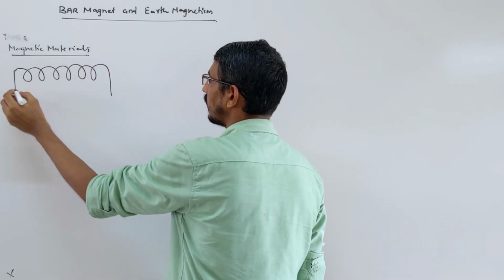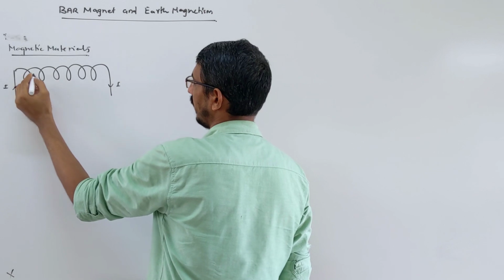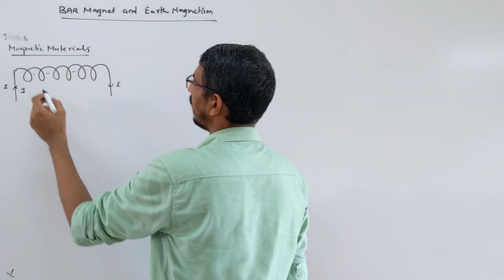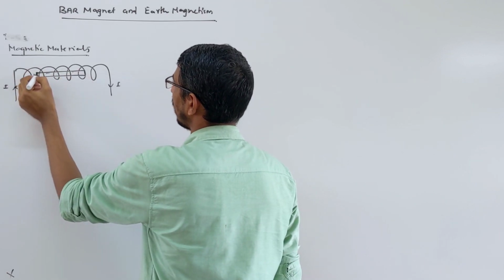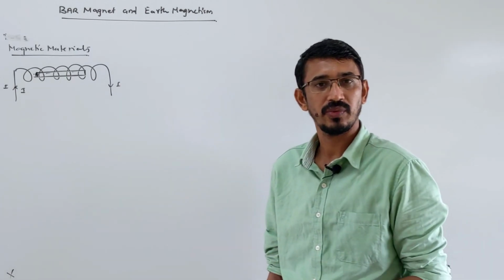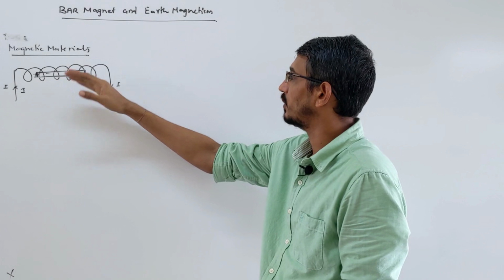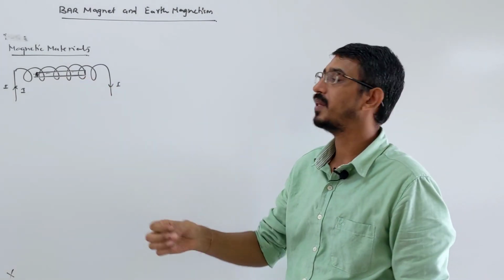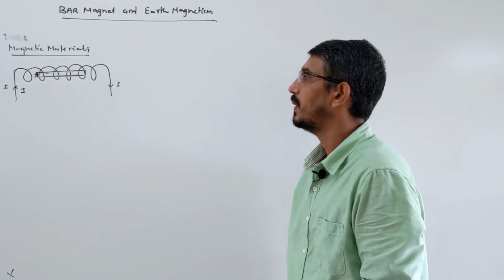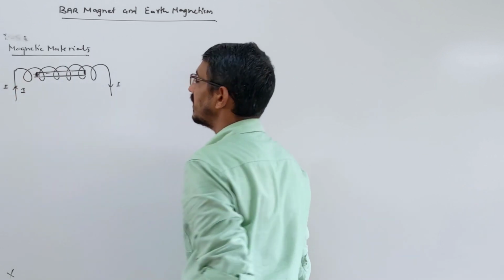This is a solenoid. You know that a solenoid will produce a magnetic field when some current is passed through it, right? The field is generated in these rings. So the material which you want to magnetize, you can put here. This could be any type of material, dia, para, or ferro. The magnetic field produced by the solenoid will induce a magnetic field inside your material, and it will get magnetized.